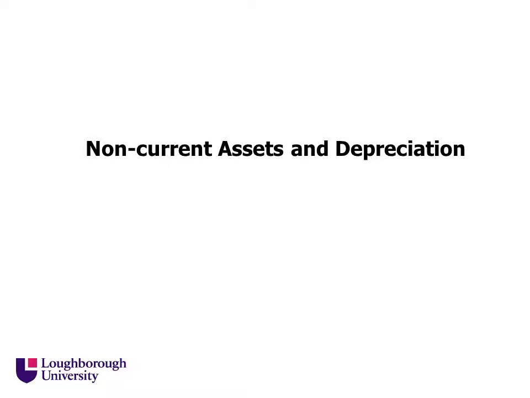Non-current assets and depreciation. In this lesson, we'll look at capital expenditure. Capital expenditure concerns firms buying assets that they intend to use as part of their long-term operations rather than to trade. These assets are classified as non-current assets and may include property, plant and equipment and intangible assets such as computer software and licenses. Almost all assets do wear out with usage over time, and we will look at depreciation,